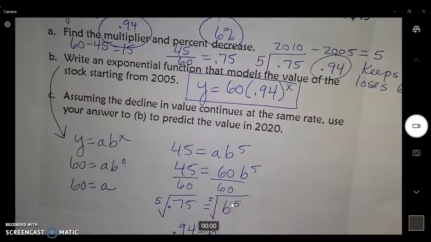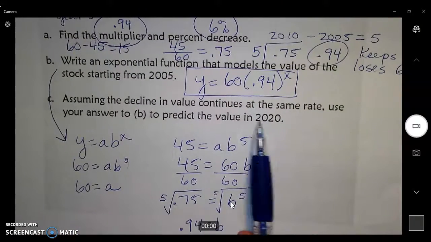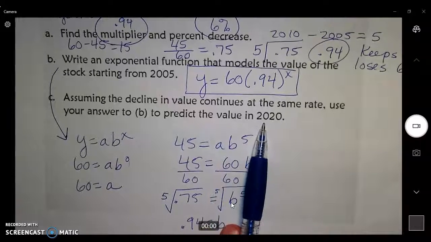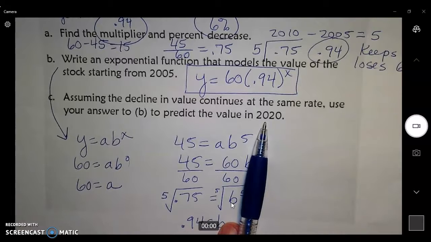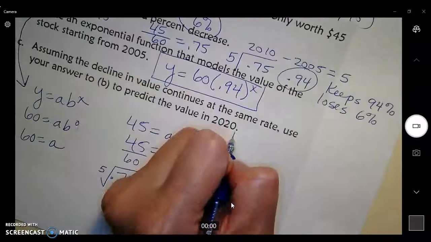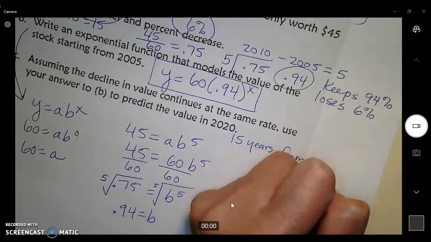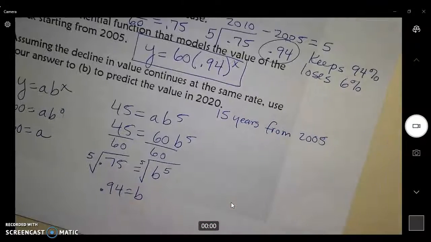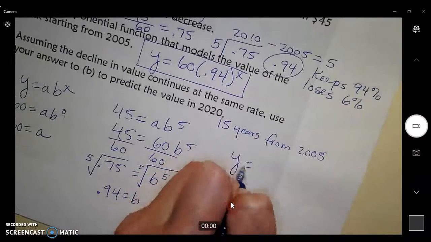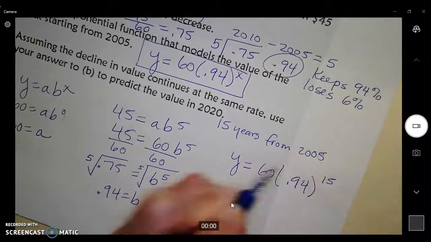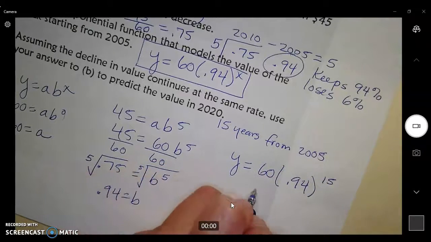All right, assuming the decline in value continues at the same, really should say percentage, use your answer to part B to predict the value in 2020. 2020 will be 15 years from 2005. So I'm going to put 15 in my little equation. Y equals 60 times 0.94 to the 15. And when you calculate that out, you should have ended up with